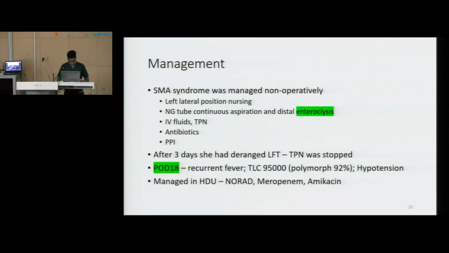Following the CT, it was diagnosed as a case of SMA syndrome. We could not operate on her as it was the second week of surgery and she was very sick. She had an ileostomy, so we decided on medical management. After 3 days of TPN, she had mild jaundice and deranged LFT, due to which the TPN had to be